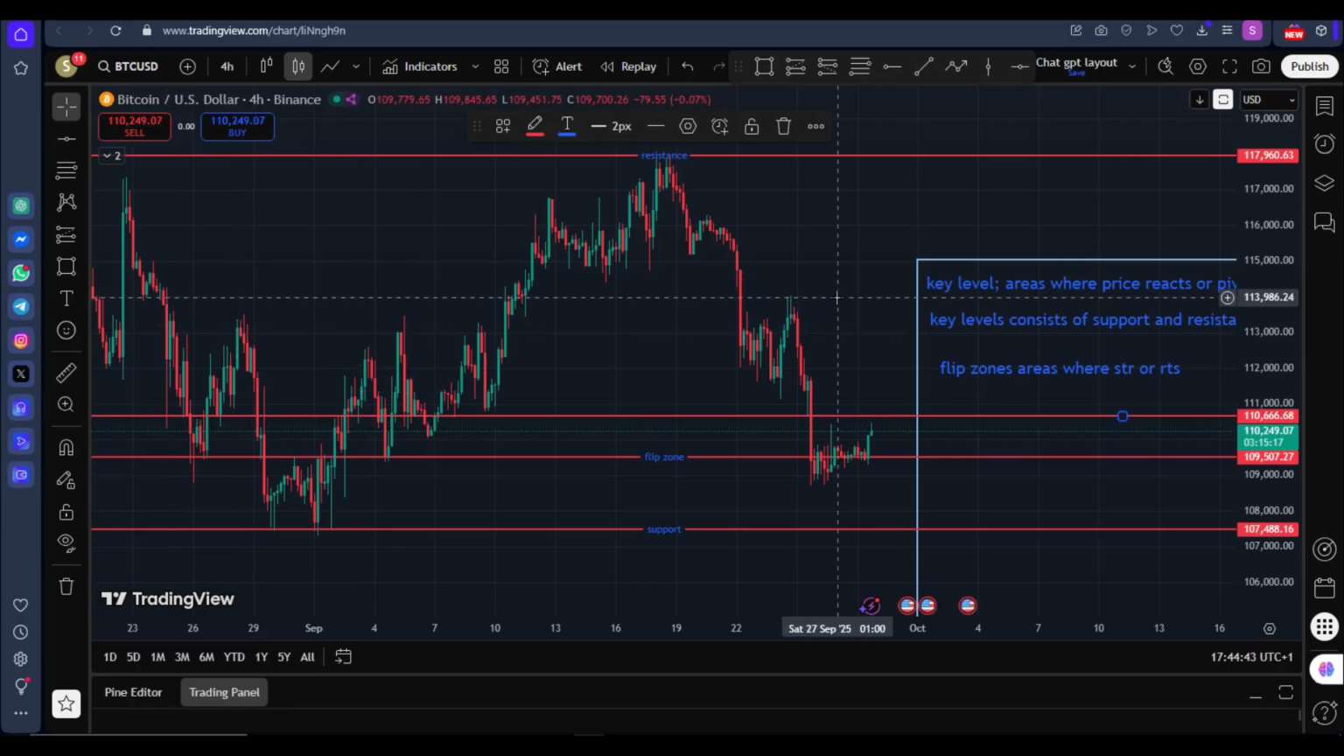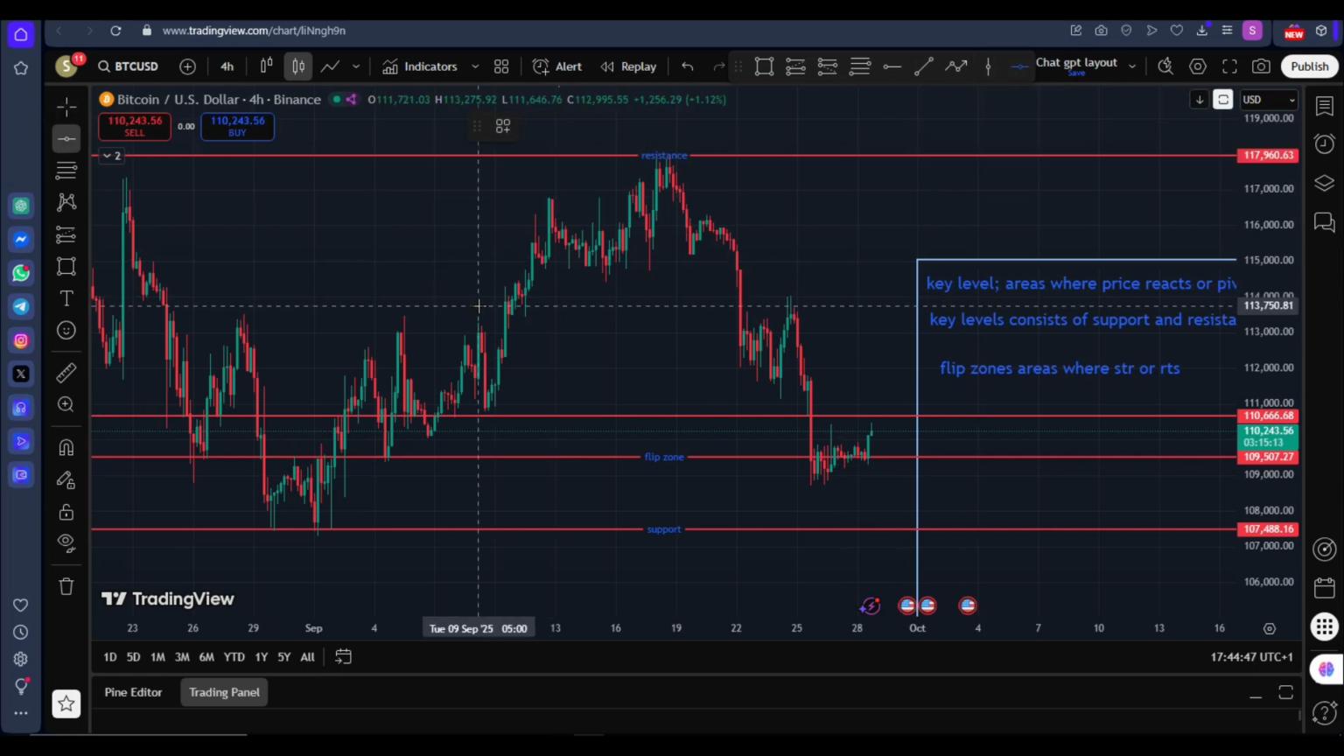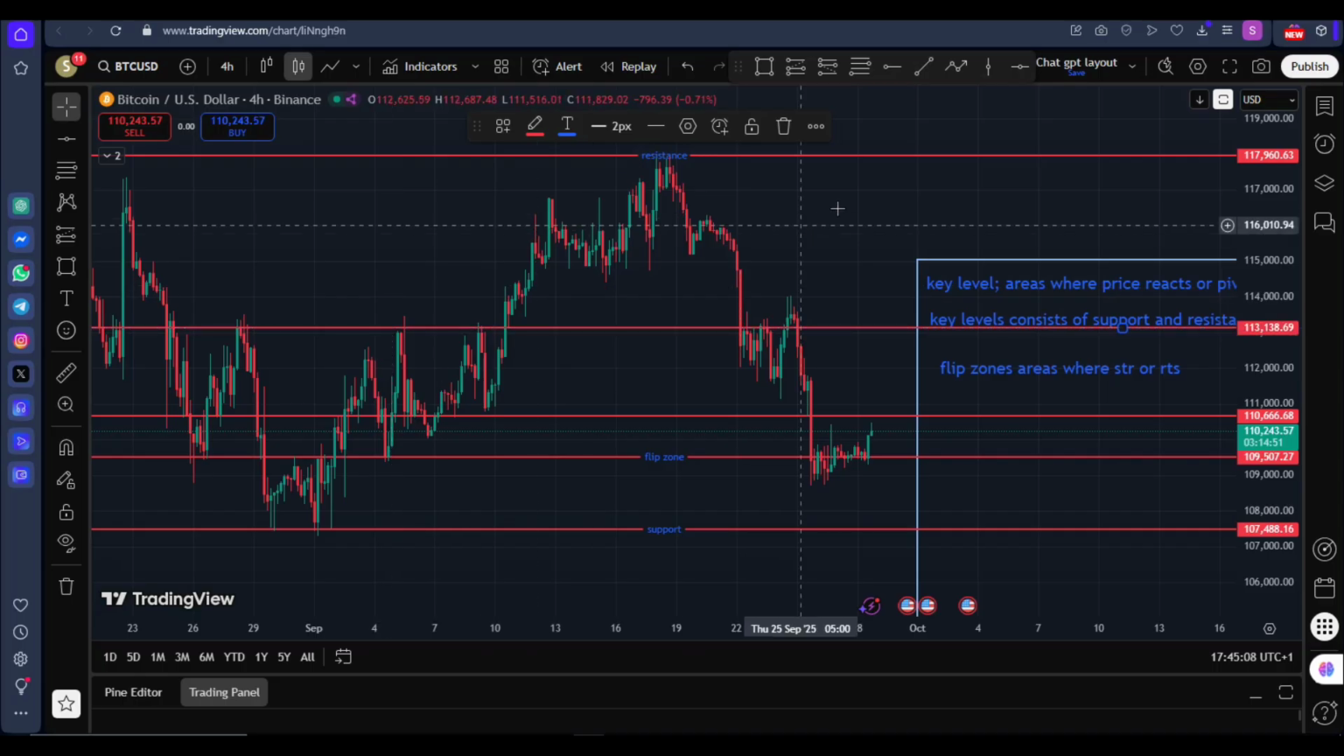I'm seeing 1, 2, 3, 4, 5, 6, 7, 8, and 9. So I know that around here too, I can confidently put another key level. I don't need too many key levels so my chart isn't all jumbled up, or I'm going to add one more because I'm seeing a major